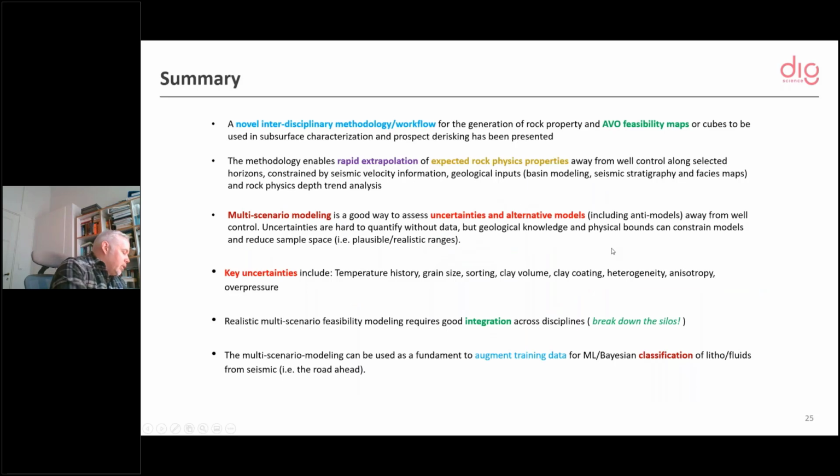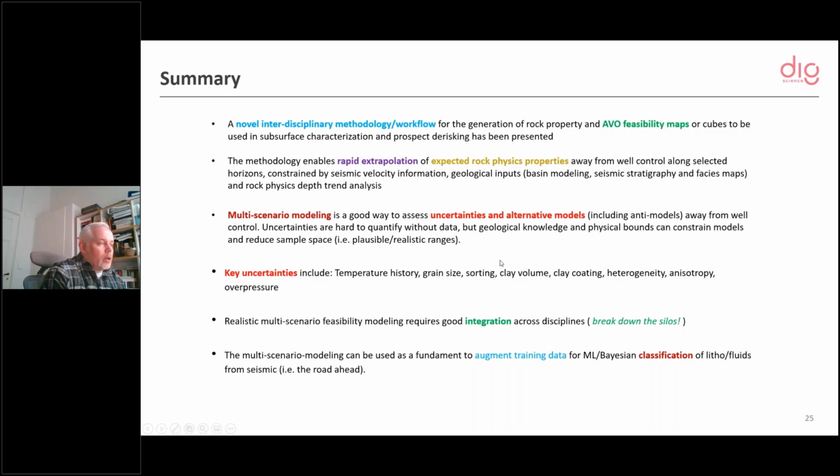Okay, so just to sum it up, we have presented a novel technology to generate these AVO feasibility maps that can be used to de-risk prospects. And they allow for rapid extrapolation of expected rock physics properties away from wells, which can be useful, especially in frontier areas or areas with few wells, but also in more mature areas where you want to go a little bit away from a near field setting, off the area where most of the wells have been drilled before.